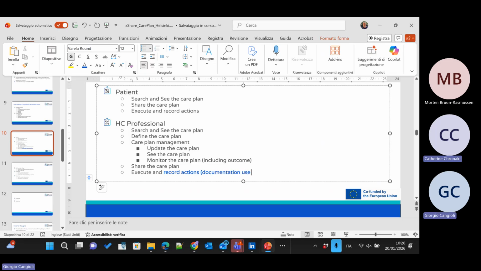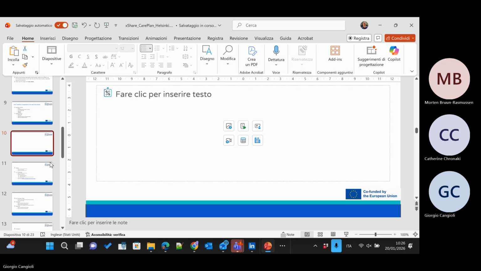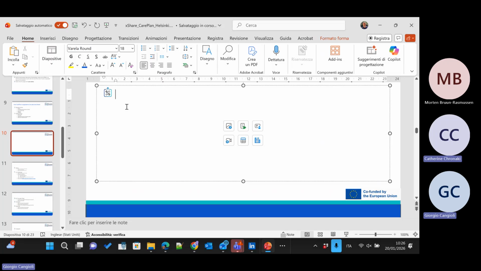Then we have another area for the user stories, which is communication and collaboration. Another one is patient identification and follow-up, which means that you need to have support if you are following the care plans, and also cross-sector and so on. And then the key one in the use cases is clinical decision support.